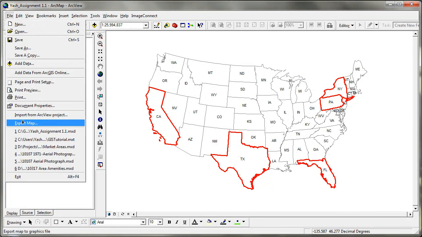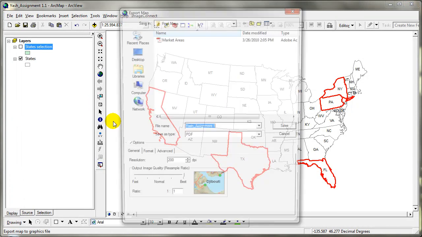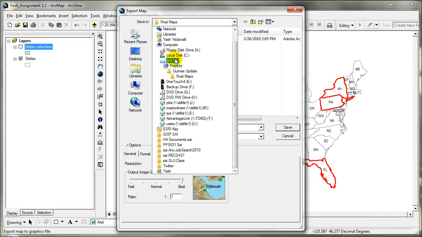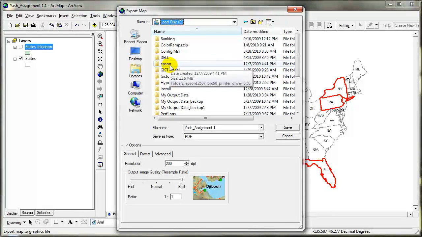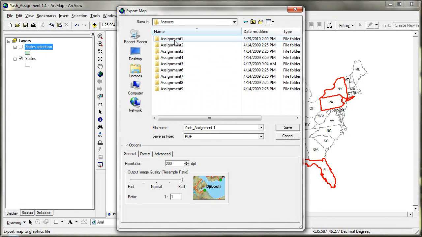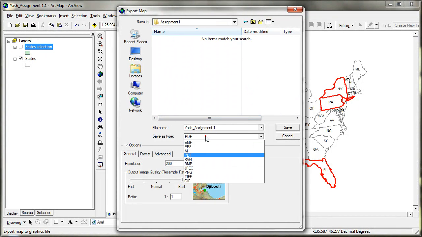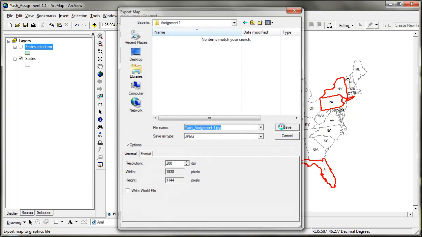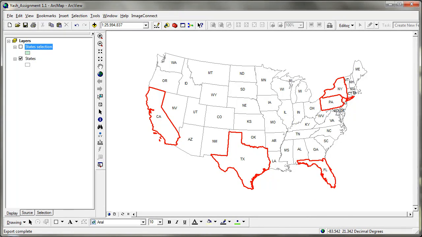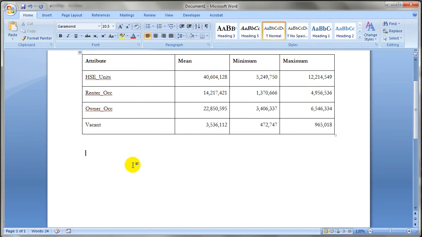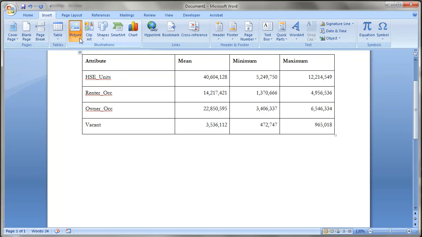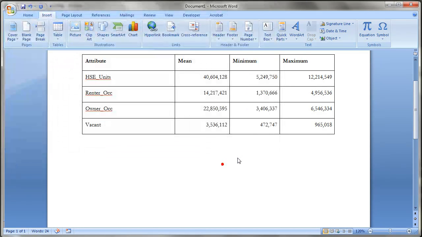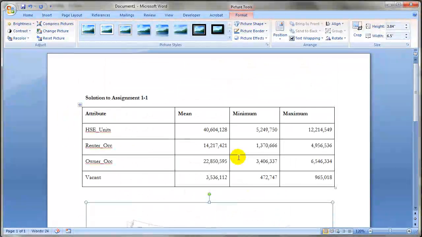I'm gonna say export this into my C drive, into my GIS tutorial answers as a JPEG. Okay, and I'm gonna click on save, and I'm gonna go back to my Word document. I'm gonna click insert and add a picture and say insert. So now I have inserted